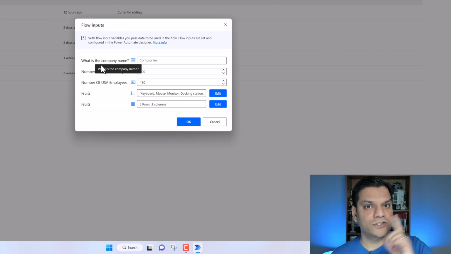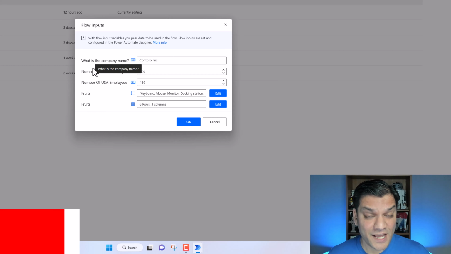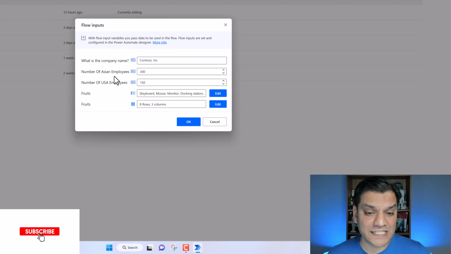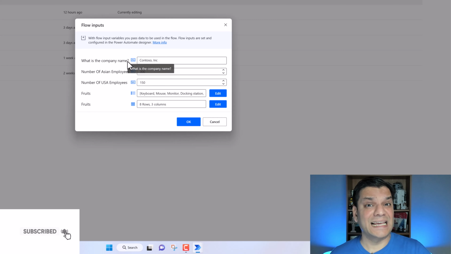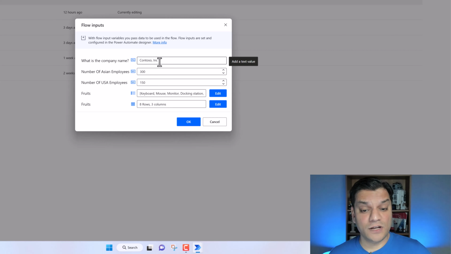It is not the actual flow, which is the var company name. No, you actually got the text that you put in. And you can actually put in text with spaces and with all of these characters like question marks. It'll accept all of them. And then we also got the default values in. It's all over there for the fruits, and I actually confused a little bit for the fruits and the docking